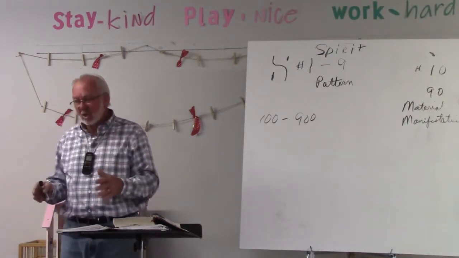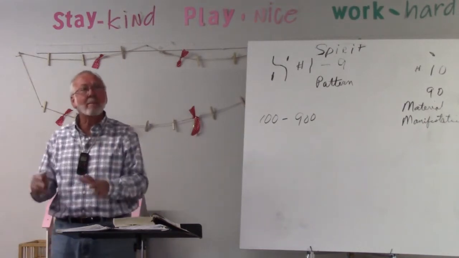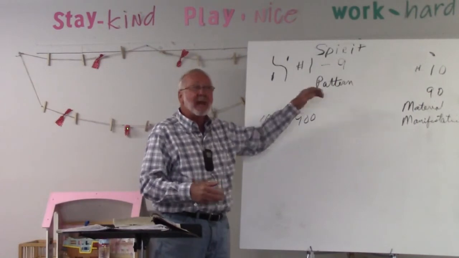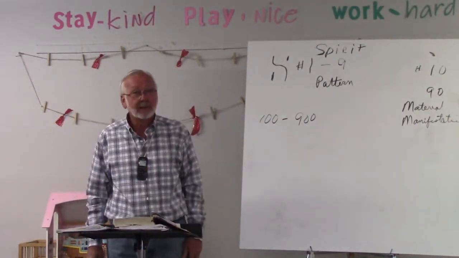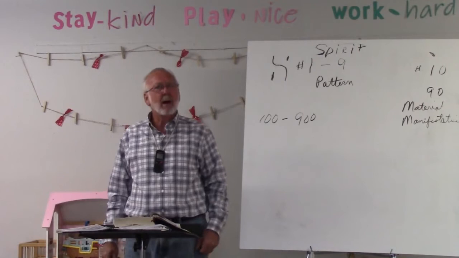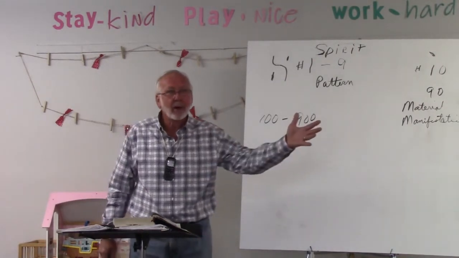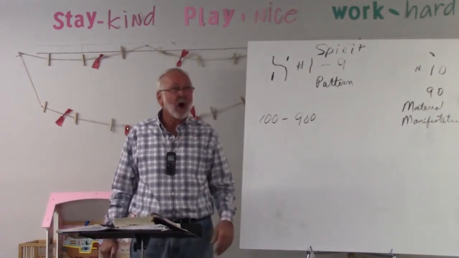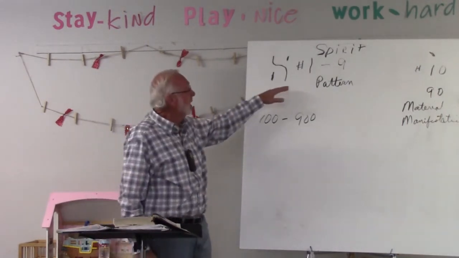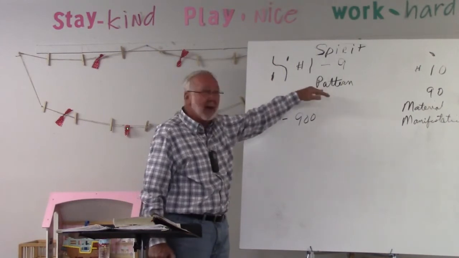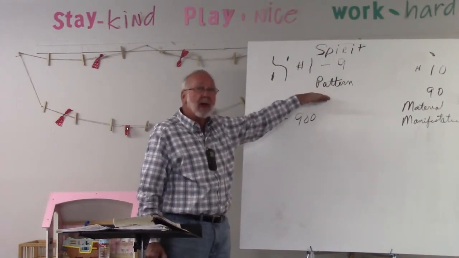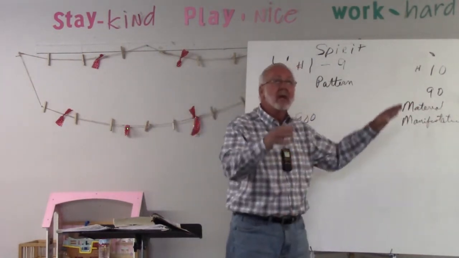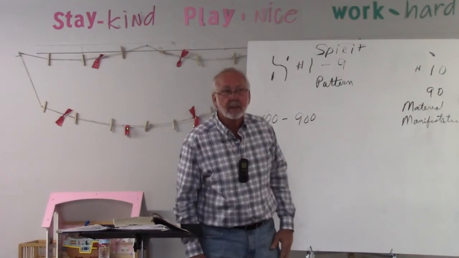Why? Because we need a Savior. We need a substitute. We need somebody to come in here and fix the mess because somehow or another in God's plan, it just went awry. Wouldn't that make God kind of like a failure? Yes, it would. If God's plan went awry, if these glyphs, the original pattern, 1 through 9, if something was wrong with them, and then it carried out in the 10 through 90, the material, the manifest world, then there was something wrong with God's plan.